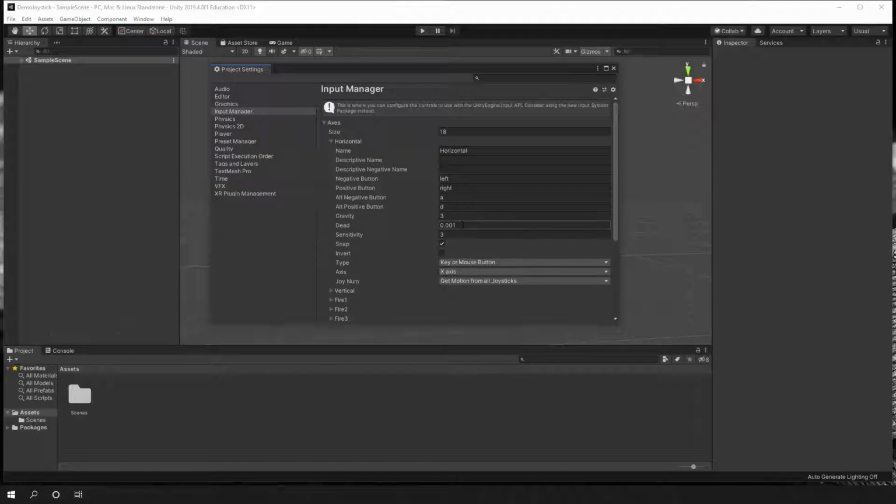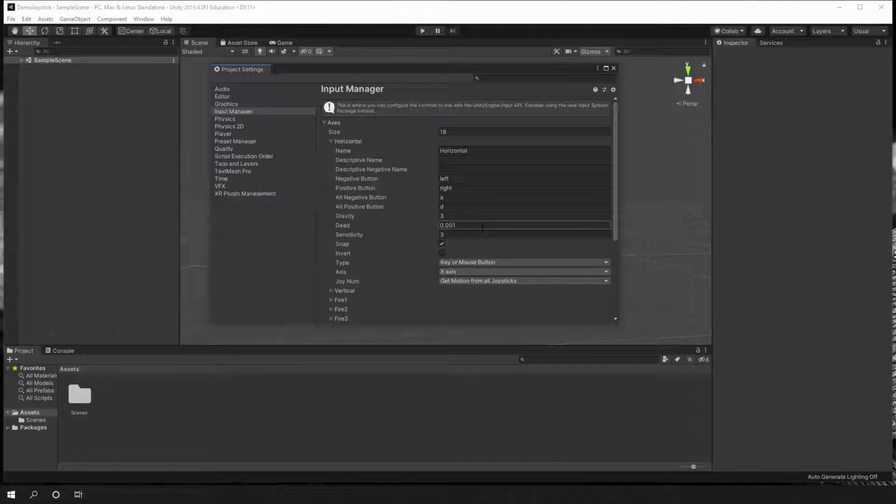So that's why we have the dead value. The dead value is the one that is going to tell us which is the dead zone. So we have an error margin of 0.001. Okay, if we increase that, that means that we need to move the joystick more. This is basically in case your user is using an old joystick or a very weird joystick, and whenever they release the joystick, if we don't have a good dead value, the player is going to keep moving. We don't want that.